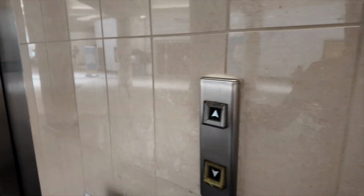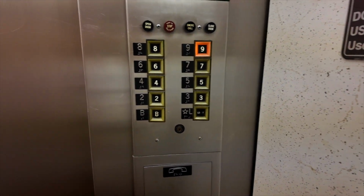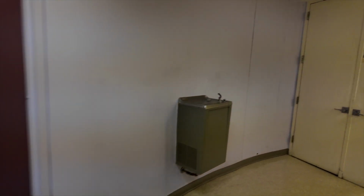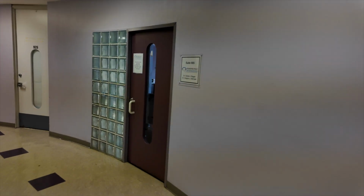Let's see if it'll even let us go up. And it does. Old time buttons there. I'm just gonna go to the 9th floor and see if it'll even let me out. Doesn't even light up. Oh, there it does. And it's a circular building, so. They got it closed off on this section. So all the offices, they're not pie-shaped, but